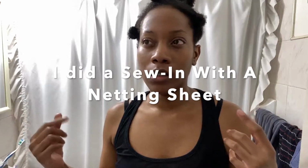Hey guys, so I'm about to do a hairstyle. I'm about to do an old school method. I'm about to do a sew-in with a netting cap. This is the hair again. This is